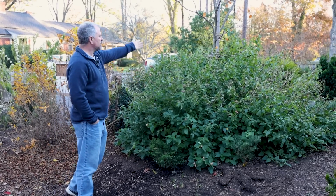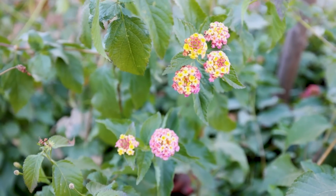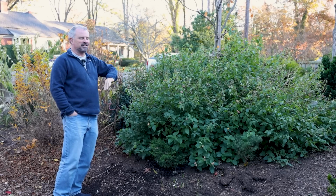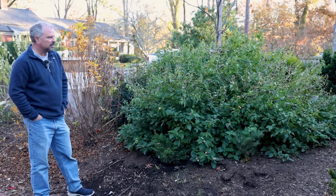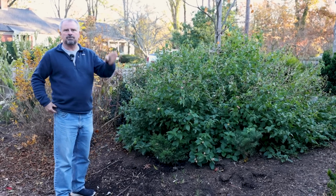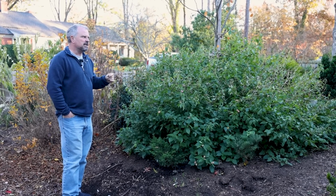This lantana still has some flowers on it, and it's seen the mid-20s at least a couple times at this point. I wish it would go ahead and get cold enough to knock this thing completely back, because it is kind of eating some other things. But it's interesting to come back after 2 months and see,